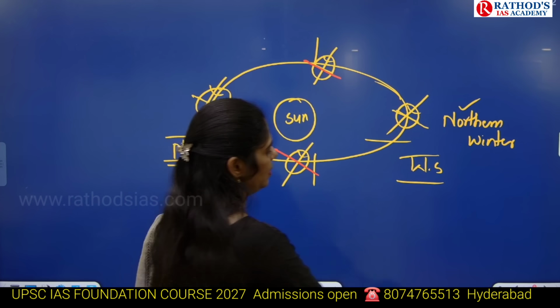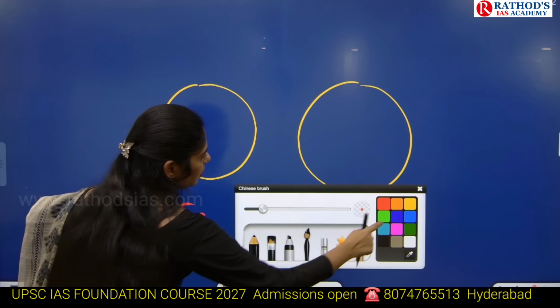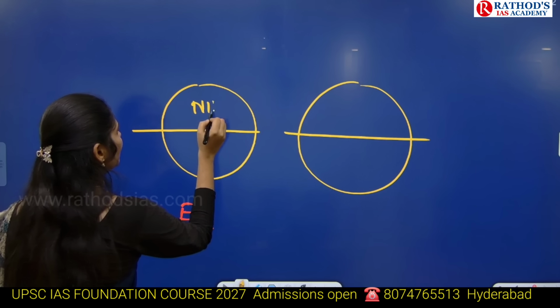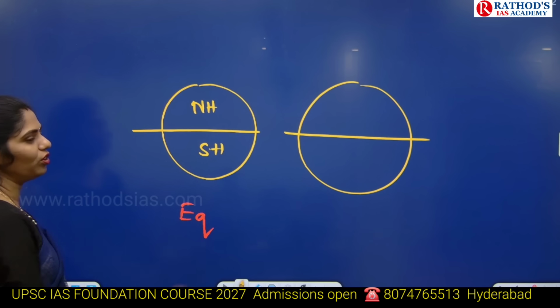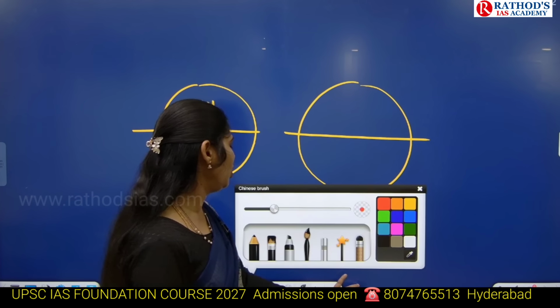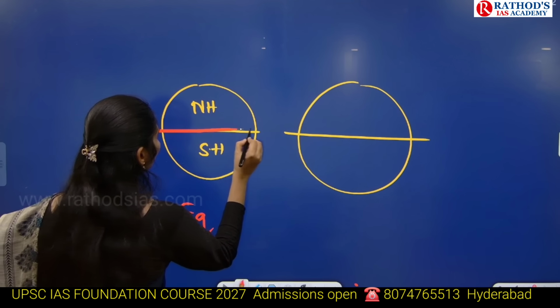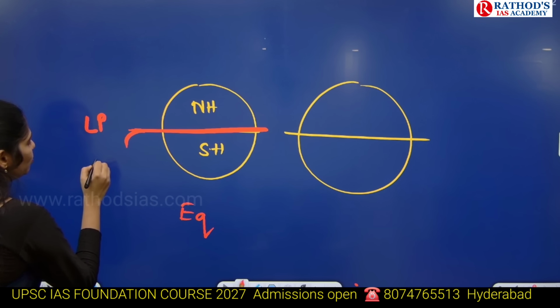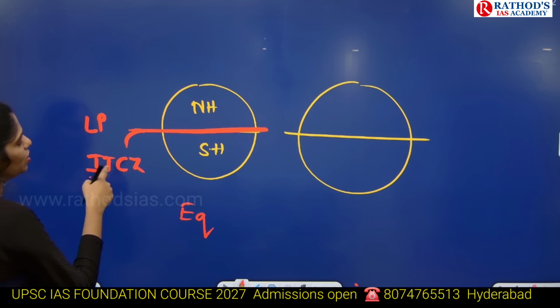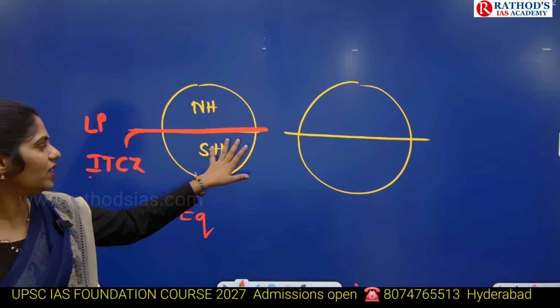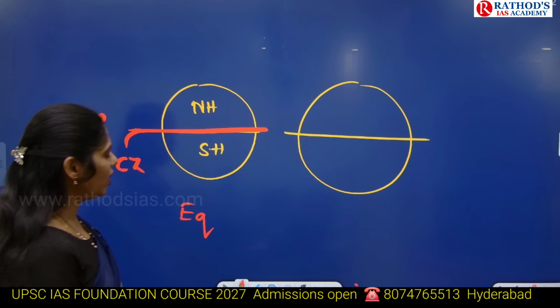low pressure. Okay, here if you take this as an example of equinox condition, in equinox, this is equator for example. Northern hemisphere is receiving and southern hemisphere is receiving same amount of heat. So which is a dividing line? Equator. So we can see this low pressure region at this equator. Exactly on this equator we can see low pressure. It is called as what? ITCZ, Intertropical Convergence Zone. That is nothing but the low pressure which is seen exactly on this equator in this equinox condition. Then what happens in this